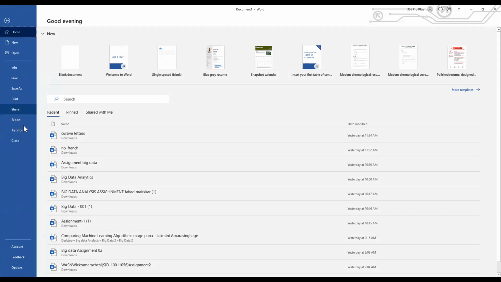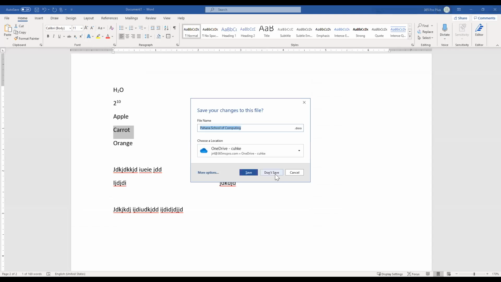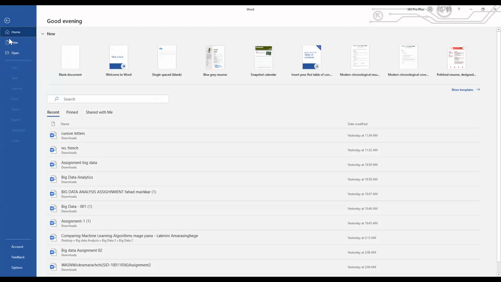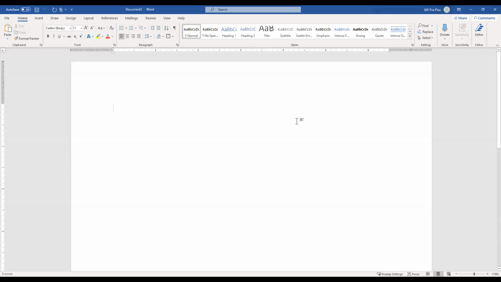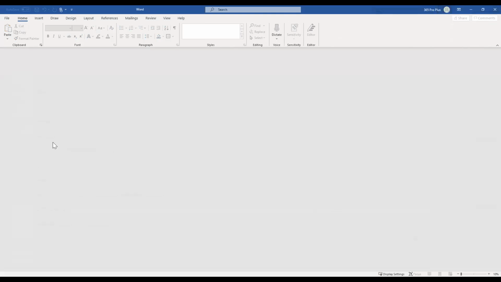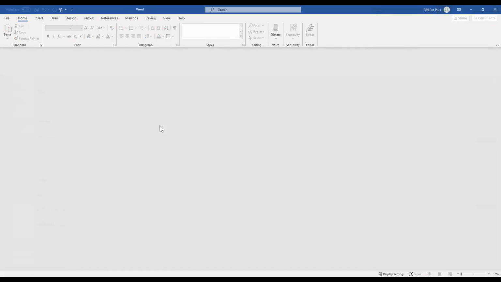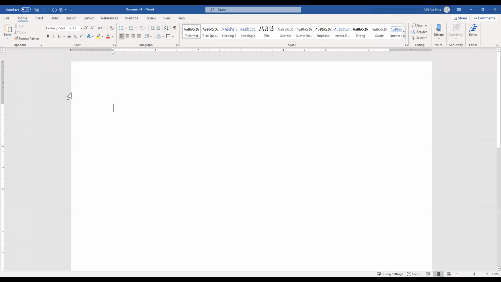So you can close this document and it will ask whether to save. I say don't save. So to get a new document, usually we will click File, New, and Blank document, you will get a blank document like this, right? Or else you can, again, let's close it. The shortcut key is Control+N, which is if you press Control and N, you will get the blank document. And when you press Control and W, it will close the document. So likewise, let's say you have a document, Control N, you type something,